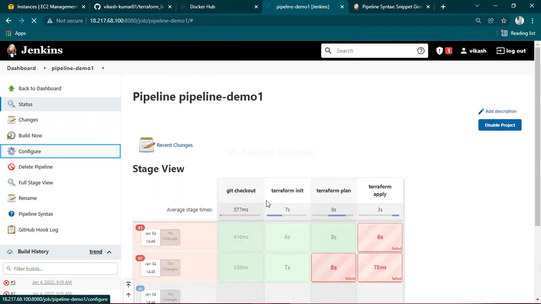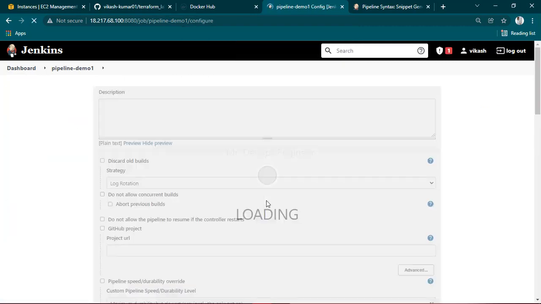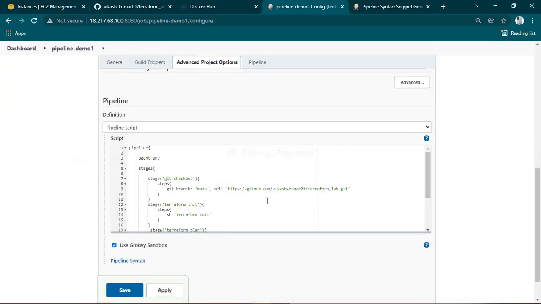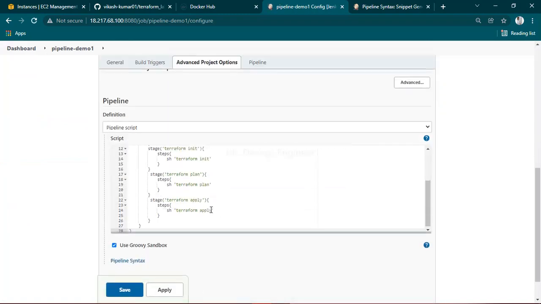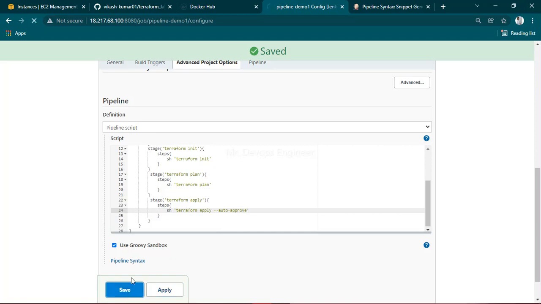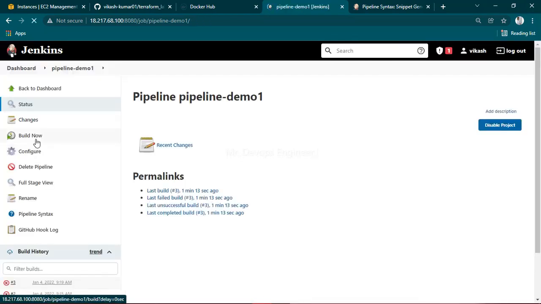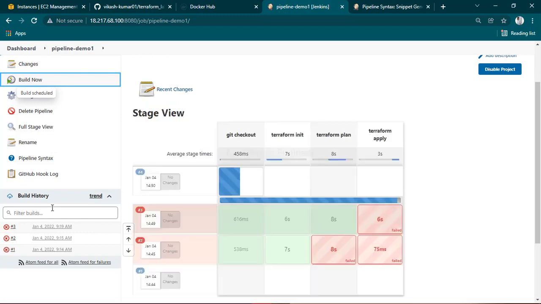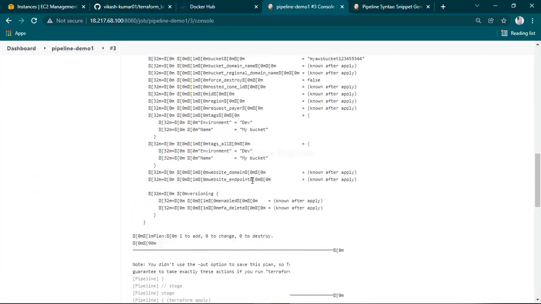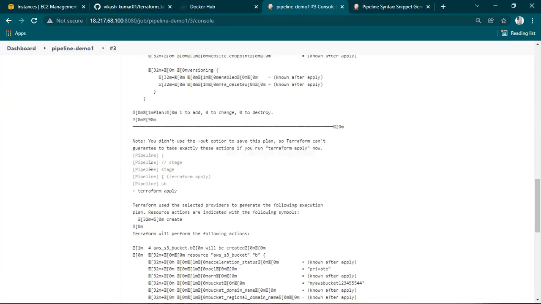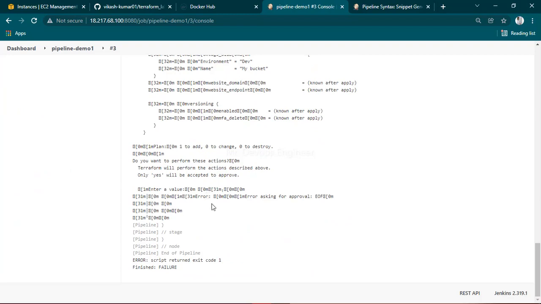configure, and come here, auto approve. Okay, so once this is done, it will not pop up for yes or no, and your pipeline will be successful. So let's try again. Let's see. Terraform plan is done and terraform apply is going on. Okay,